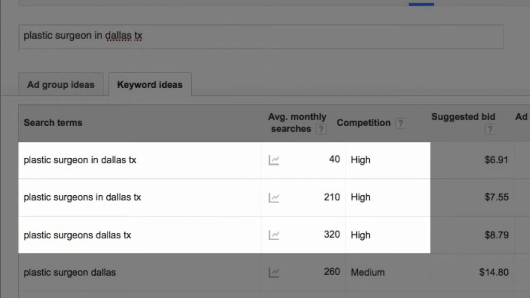The first one, plastic surgeon in Dallas, Texas, has the word surgeon singular. And you can see there are only 40 searches in the past month for that phrase. However, if you put an S on the end of surgeons, you'll see the second phrase has 210 searches a month. So one letter makes a big difference. The last one, taking out the word in, keeping the word surgeons plural, plastic surgeons Dallas, Texas, that jumps up to 320. The art and science of writing for your blogs is using the keywords that people search the most